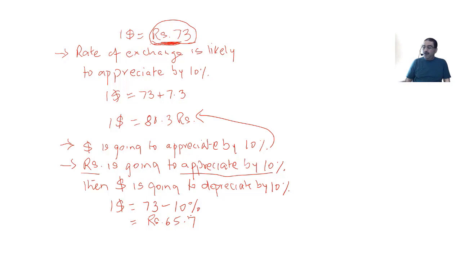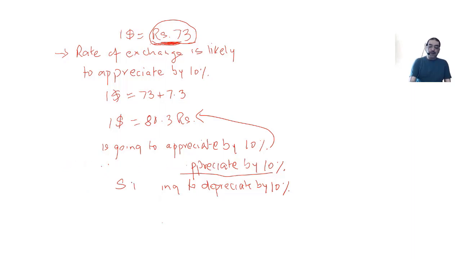Okay, so there will be several problems where interpretation becomes very important. They will not give you what is, therefore you have to understand what is going to appreciate, what is going to depreciate. Okay, now this is one way of writing, that I directly give you appreciate and depreciate words, so you know how to deal with them. Now suppose I don't use the words appreciate and depreciate, and I take the same examples now.